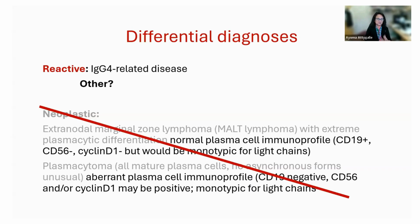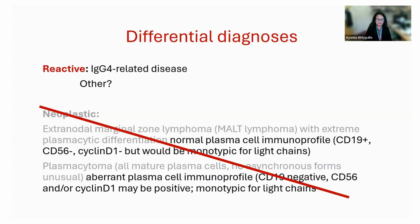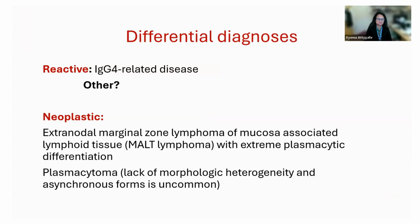And at this point, I would have liked to have had a poll question to ask you what you think. But I'll give you the answer. And this is, we did a treponema stain. So if I tell you this history, if you go back to this